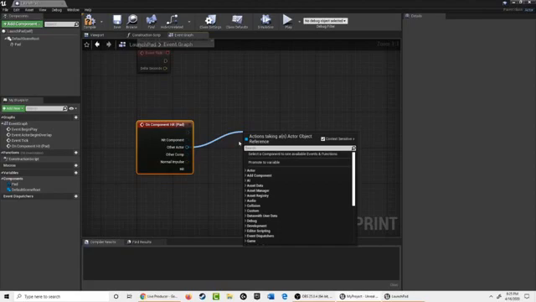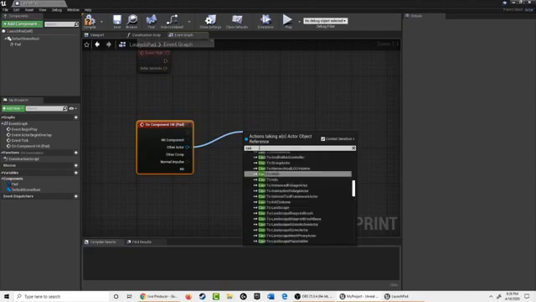So to do that, we are going to use what is often called in computer programming, casting. So when you cast a particular variable in computer programming, you are trying to make sure it is only used as that particular variable. Or in this case, we are checking to see if whatever the other actor is actually our character. So when we let go of this, it's going to ask us what action we want to take. We're going to type in cast to